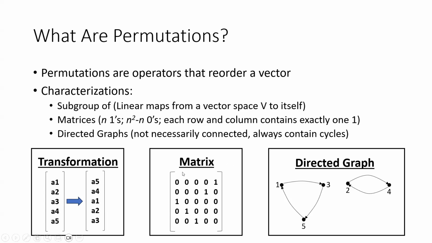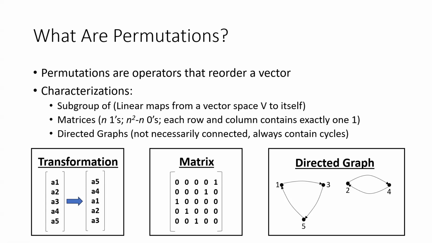You can see, I hope my cursor shows up, you'll get a matrix with almost all zeros and n ones, and it's a little bit like the queens on a chessboard problem. You'll have one 1 in each column and in each row. And so the way this works is row 1 has a 1 in the 5th column, which means that the 5th value of your vector moves into the 1st position. The 4th value of your vector moves into the 2nd position, and so on. And a third way to